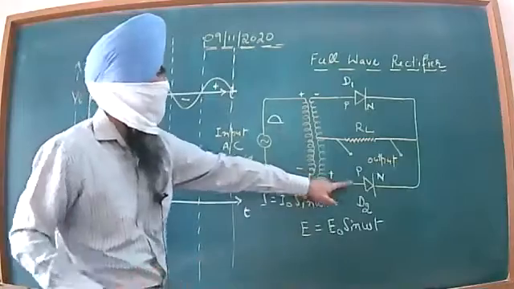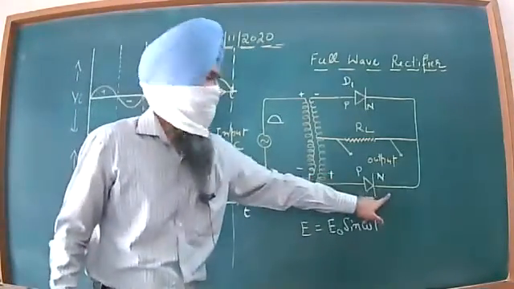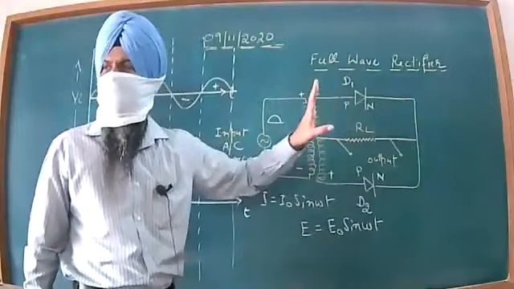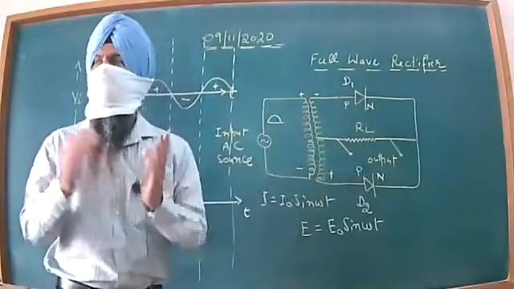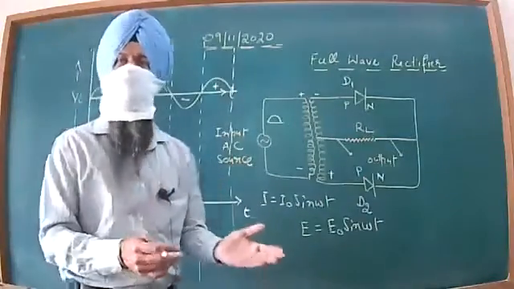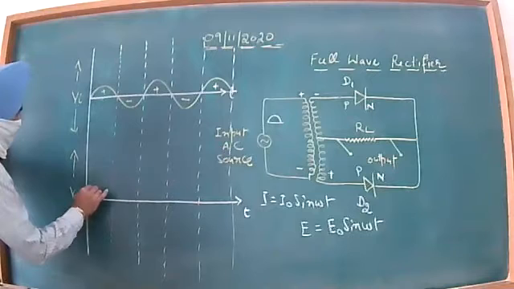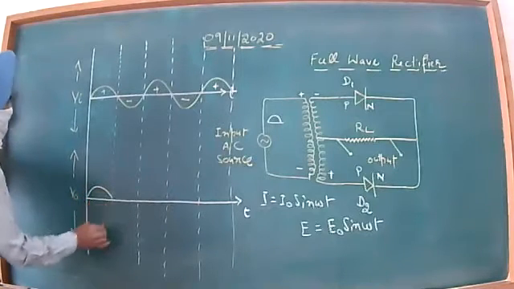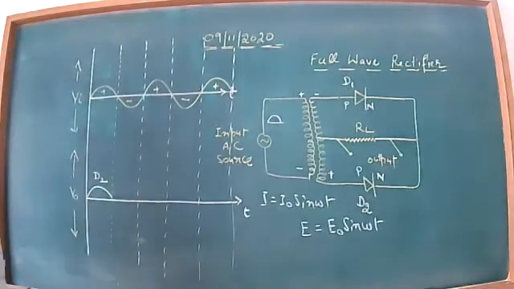And let us focus upon the diode D2. Here the diode D2 is having the P connected to the positive and it is definitely at the lower voltage or lower potential. When P is connected to the positive, your diode D2 is forward biased. And when it is forward biased beta, you will get over here this output beta. This is the output. And mind one thing, this is due to the diode D2, not due to the diode D1.